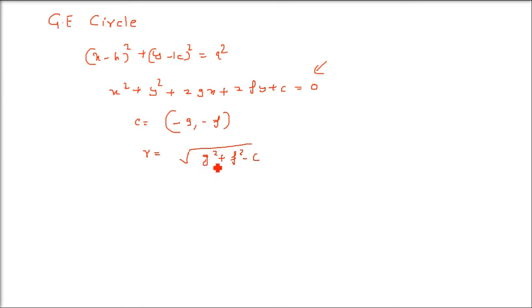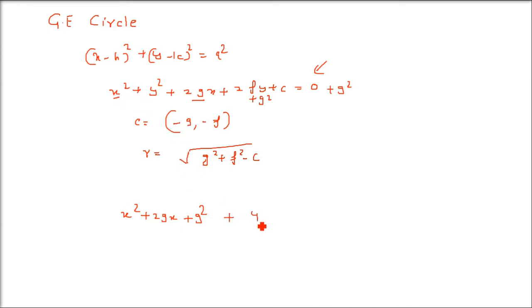How do we do this? Let us try to prove it. I'll just change this equation, try to add certain things. So this is x square. We have 2gx, so take this 2gx together. So x square plus 2gx. Now we have to add a term which is g square. If I add g square on the left hand side, I have to add it on the right hand side as well. So g square left hand side, g square right hand side. This x term is done.